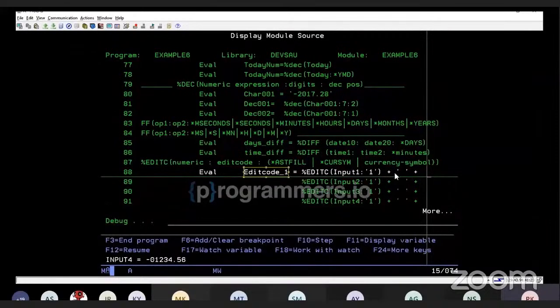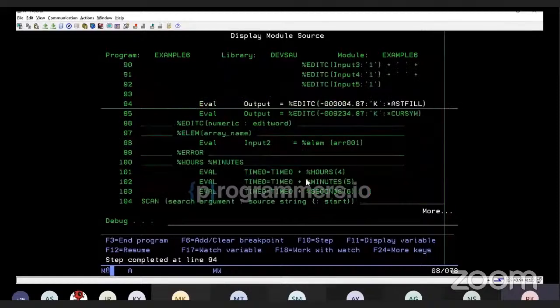So I'm concatenating all the values, converting that, and storing the value in edit code. So after executing this statement,